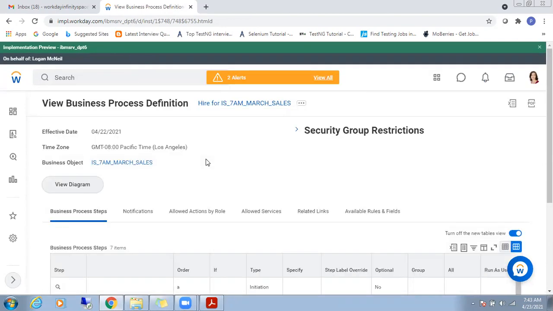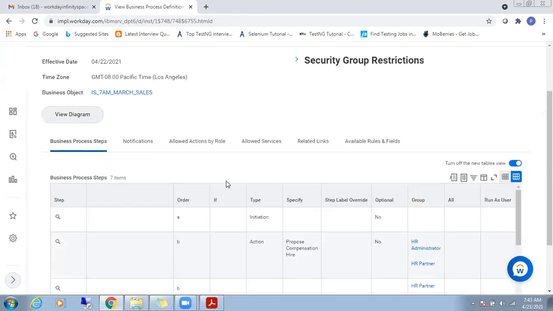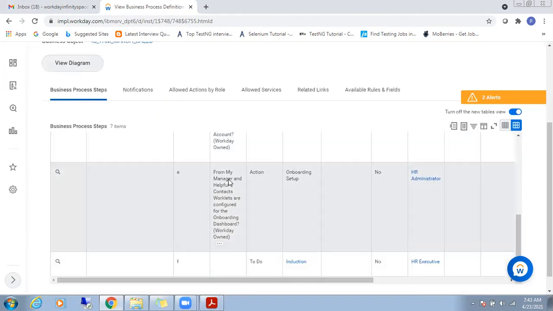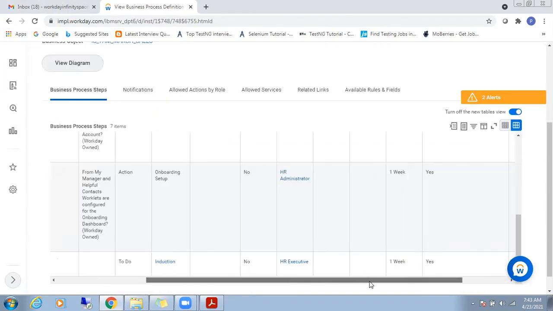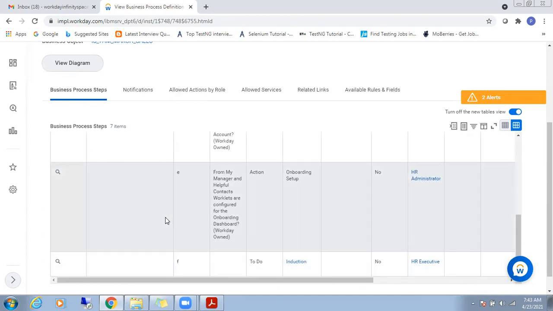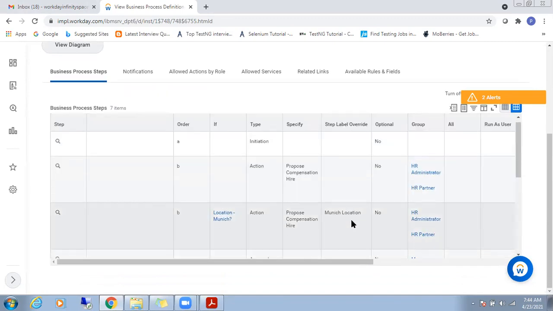So these are the different types of action steps that we can see in the business process. Now, I told you that the approval step should be on or before the completion step. That's very important. And now one more point. The completion step should not be as an option.